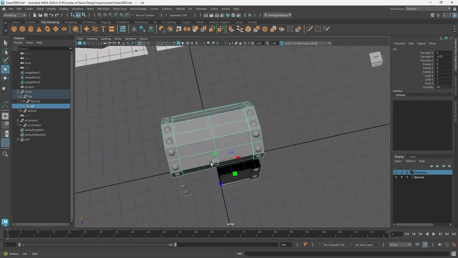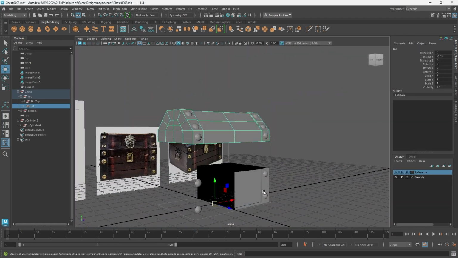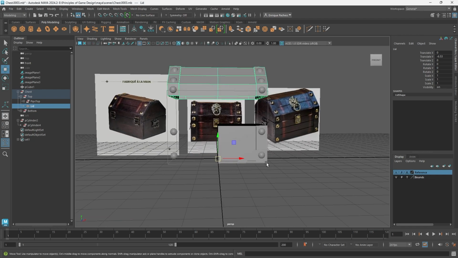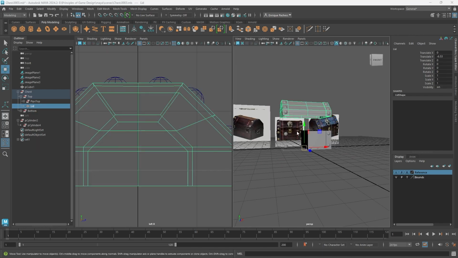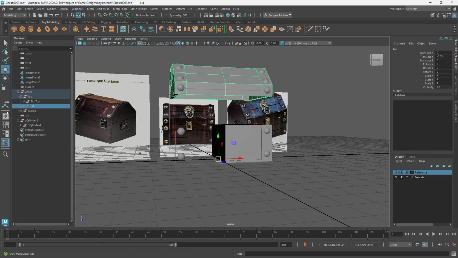So we have our completed lid. Let's build the base now. Now before we build the base, I'm actually going to add in one more reference image because I want to look at what it looks like from the inside. So we're going to go to our front view,